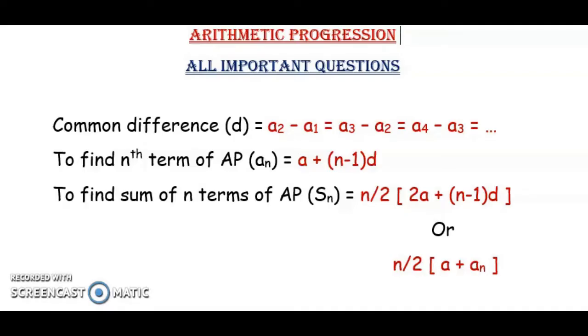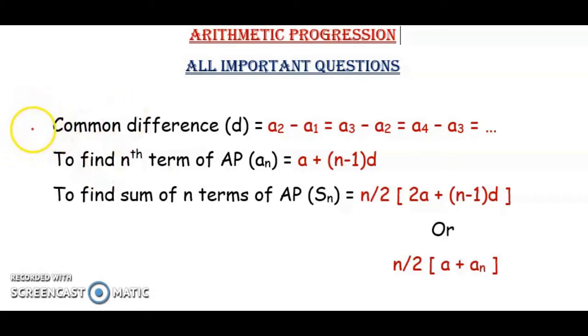Hello dear students, today we are going to discuss the most important questions of arithmetic progression that are frequently asked in the board exams. So before we start solving the questions, let's have a look at the common formulas that we use